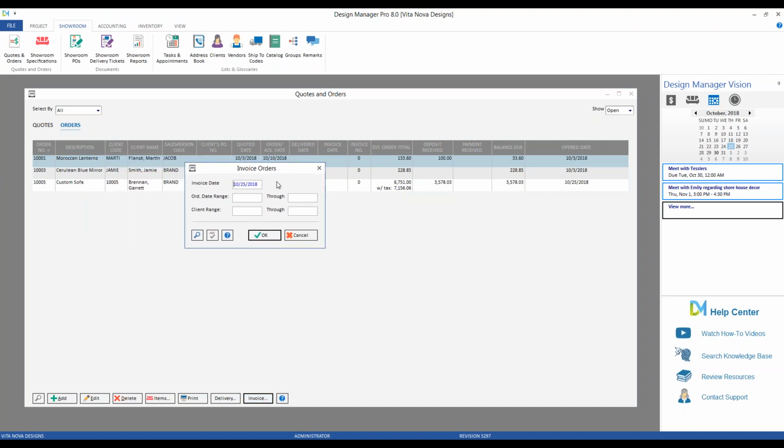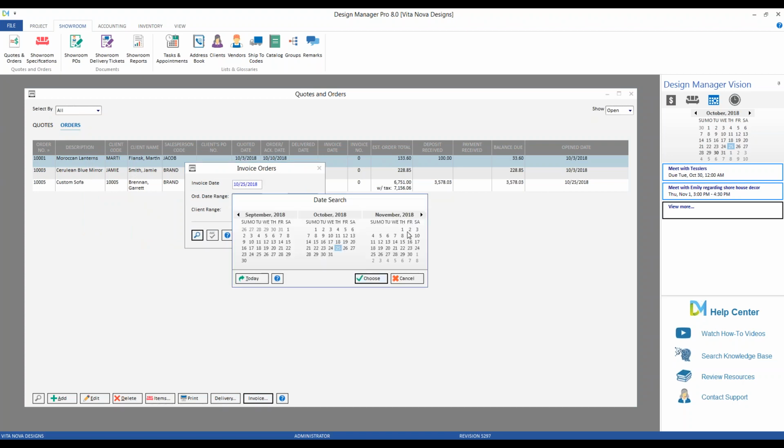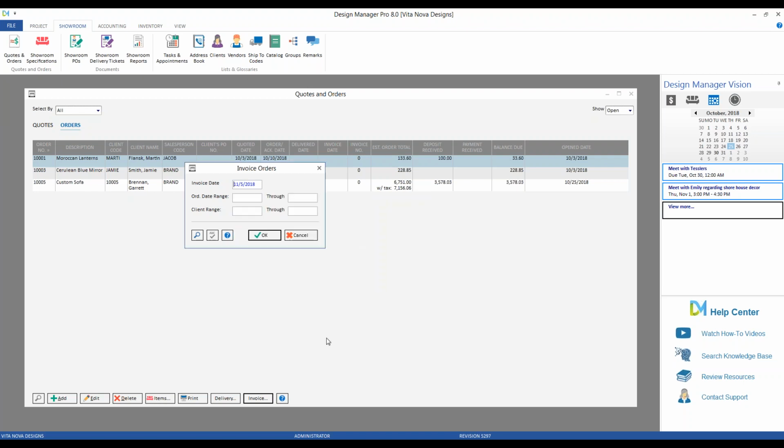Here we can input the date of the invoice. So let's imagine that that's perhaps the 5th of November. I can invoice all orders within a particular order date, or again for a particular range of clients. So let's create our invoice just for our order number and client number. And if we click OK,